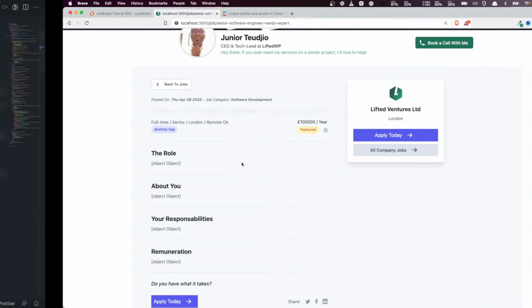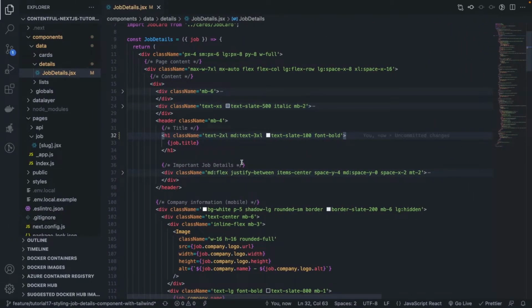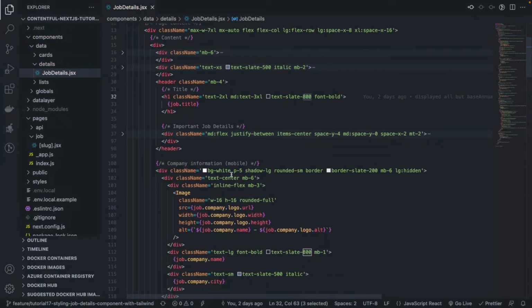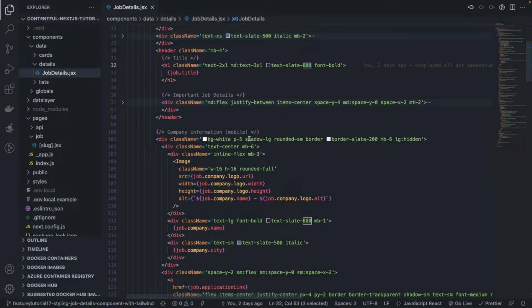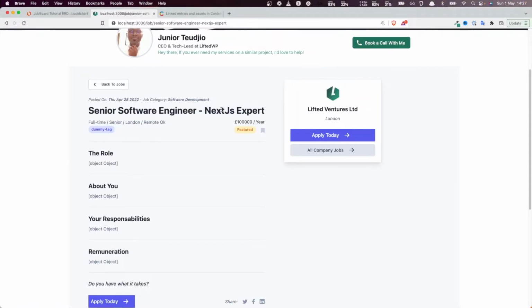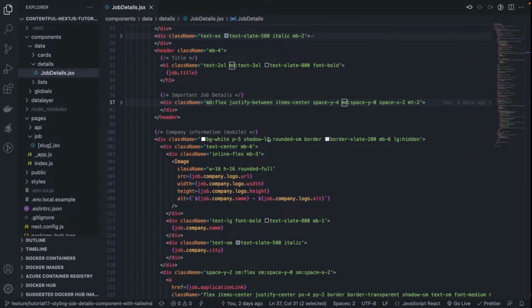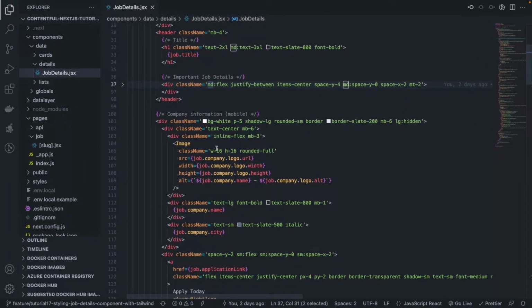It's not even visible anymore, but we definitely want that to stand out. Okay, and that's why we put it to 800. And for the important details about the job, you see this is a flex. When we are on a desktop viewport, it's a flex element, and everything inside. As you can see, I think we covered this already. It's basically the same thing that we are doing in the job card. We're just copying it here, with the difference that this time we're adding